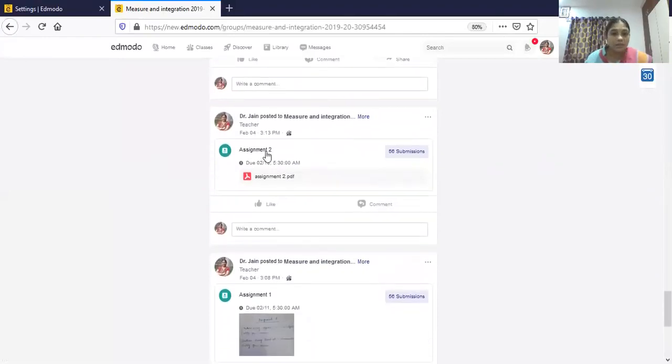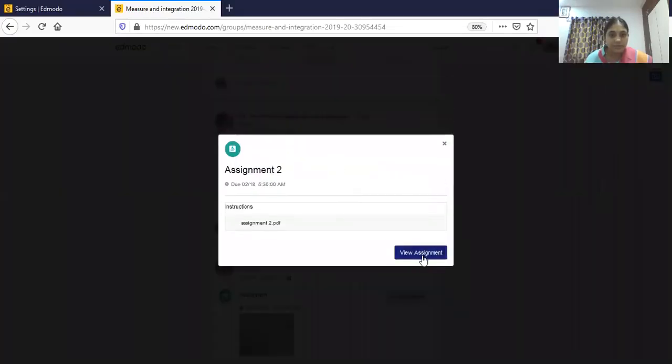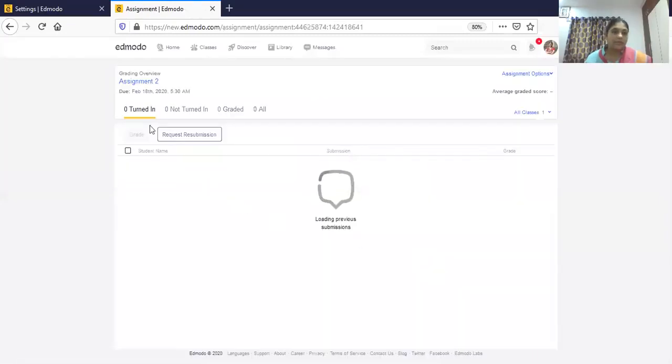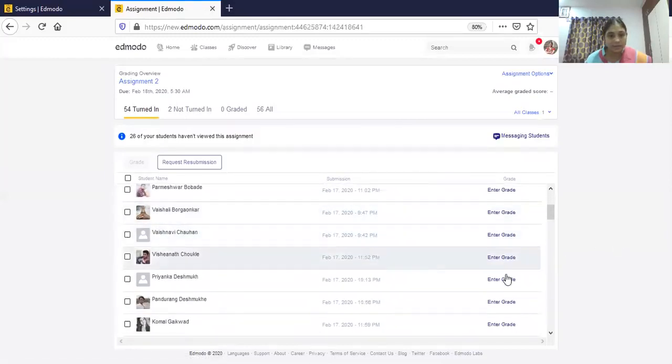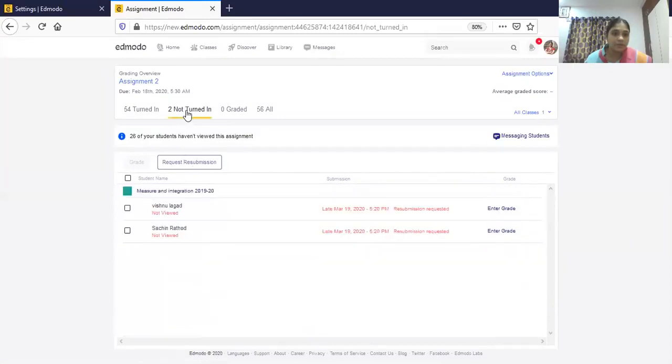See here, I have given an assignment to the students, and 56 have submitted. We can see from here, view assignment. Here you can see how many students turned in and how many have not submitted. Whoever has submitted, you can enter grades here.